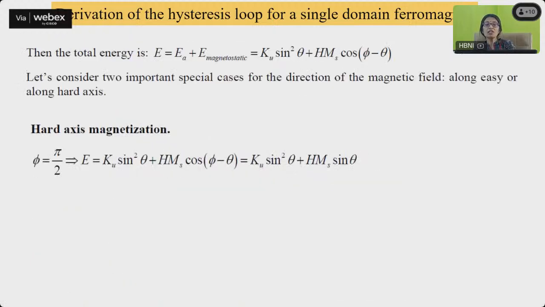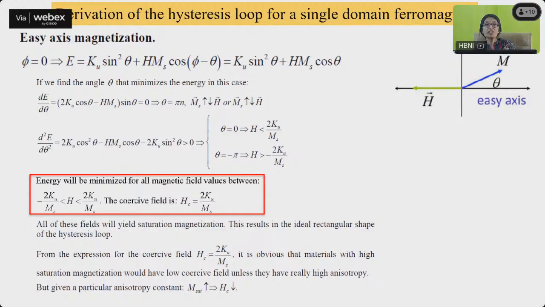please remember this was derived for the hard axis where phi was equal to pi by 2. But when you have the easy axis, then this phi value is 0. If the phi value is 0, then for this particular equation, this E value becomes Ku sine square theta plus HMS cos theta. So now again you have to find out the minimum and the maximum values for all